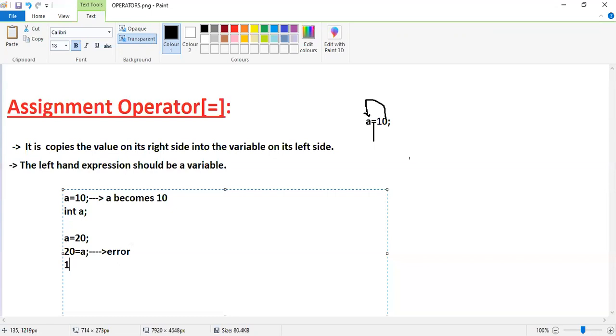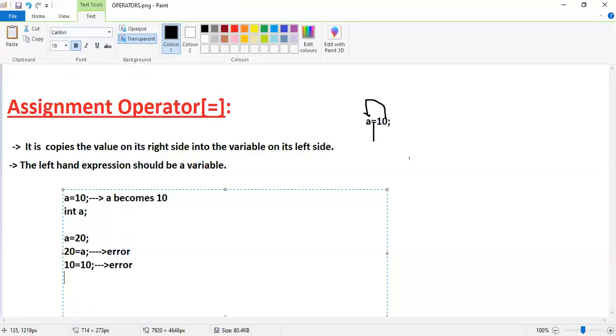Now 10 is equal to 10 is also not possible, because we can't store a value into a value. We are able to store a value into a variable. For example, there is a box. We can store sweets or anything into a box, but we can't store a sweet into a sweet. It will also give an error.